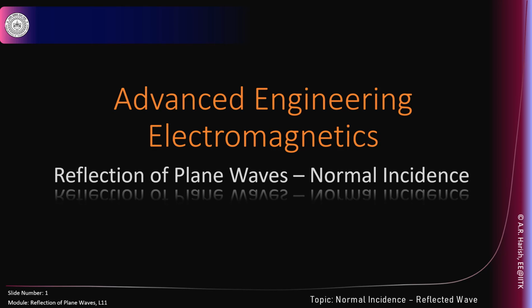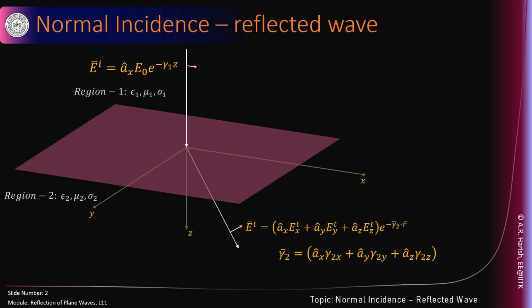In the last lecture, we had considered a plane wave incident on a plane interface, and we had considered a transmitted wave, and we showed that these two waves are not sufficient to satisfy the boundary condition that tangential electric field is continuous between the two regions and tangential magnetic field is also continuous. So we need something else to ensure the boundary condition to be satisfied.